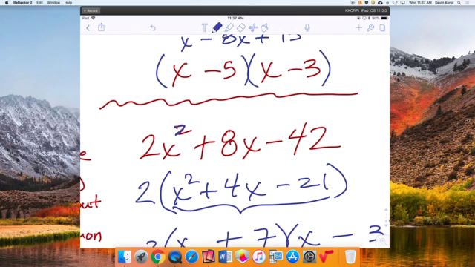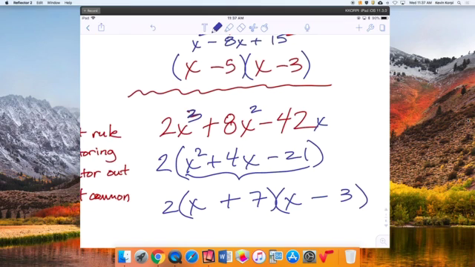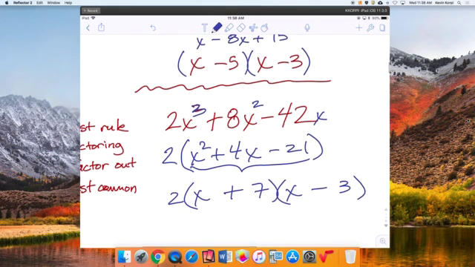If this had been like a 2x cubed and an 8x squared and a minus 42x, it would have been similarly just as easy, but you would have factored out a what first? Not just a 2, but a 2x, right? And then you would have this as your final answer. So real easy to